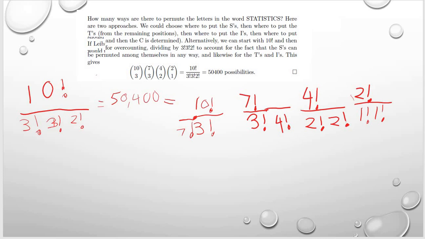And you could think of this as where to put the S's, of which there are 3, and where to put the T's, given that I have placed the S's. There are now 7 possibilities left. And then we would be able to